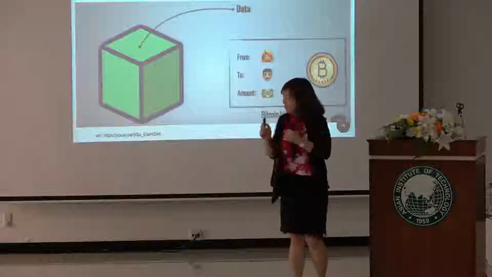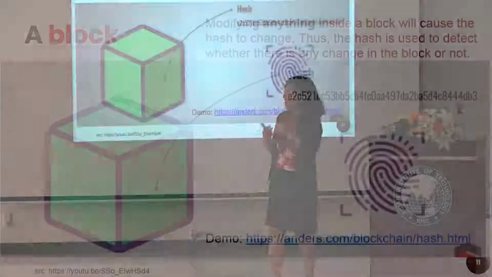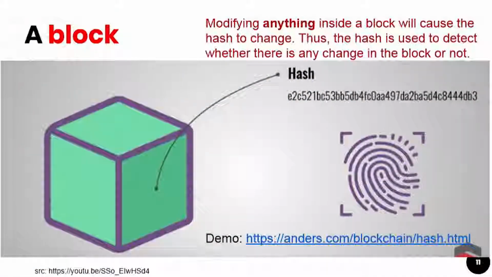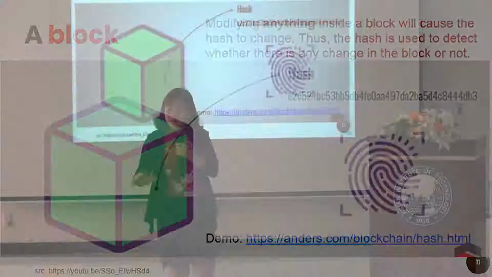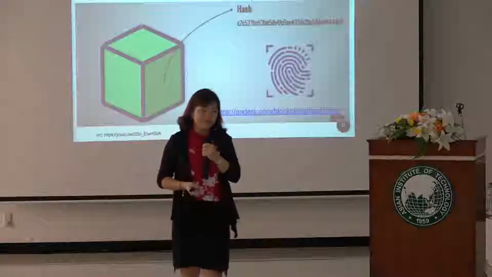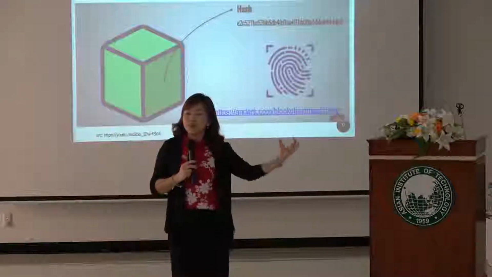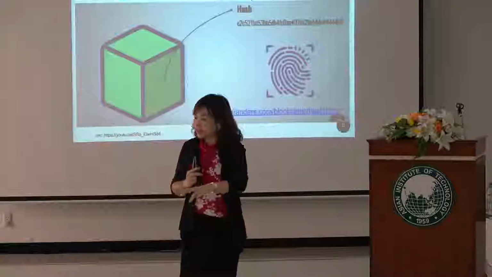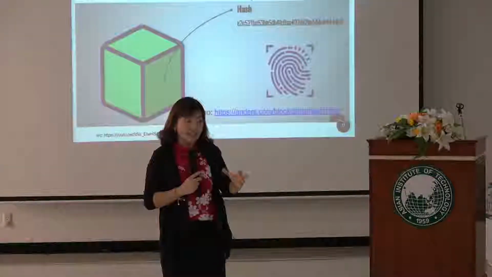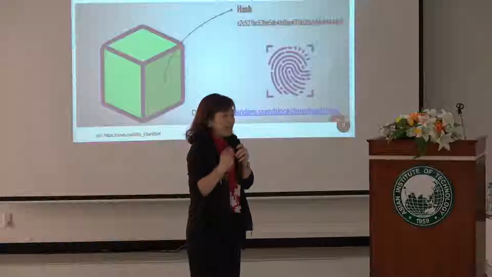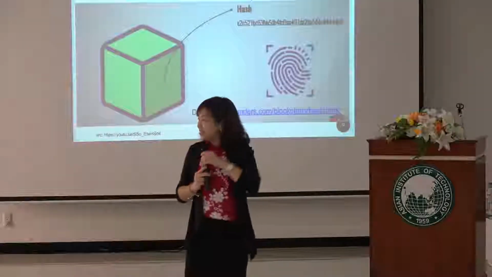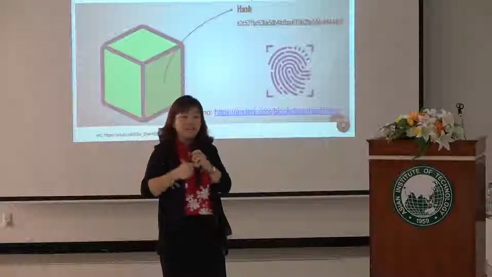The second part, this is challenging now. This is one of the very important things of blockchain technology. It's what we call hash. And what is a hash? Hash is a kind of function, a mathematical function or algorithm in computer. Okay? When it is a function, it means that it takes some input, which could be any input data, and it produces some output, right? That is the meaning of function.